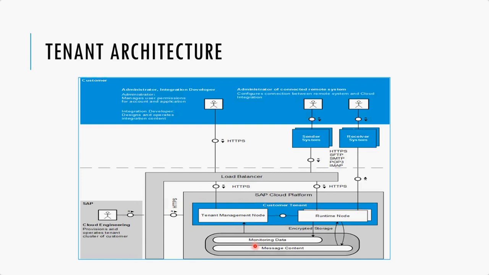Okay. So how many will there be? Only one tenant management node and one runtime node, or one and many? It would be a one-to-many relationship here, because one runtime node might not be enough. In case of a failover, let's say one runtime node is having too much load and is shut down, it would automatically take another runtime node and assign its work to that node. Can we judge the number of runtime nodes, or is it without a subscription model?